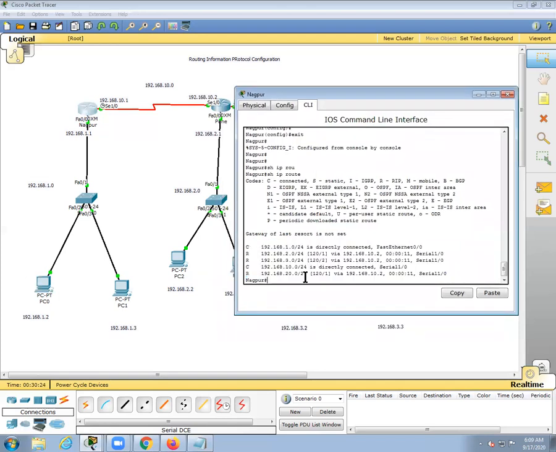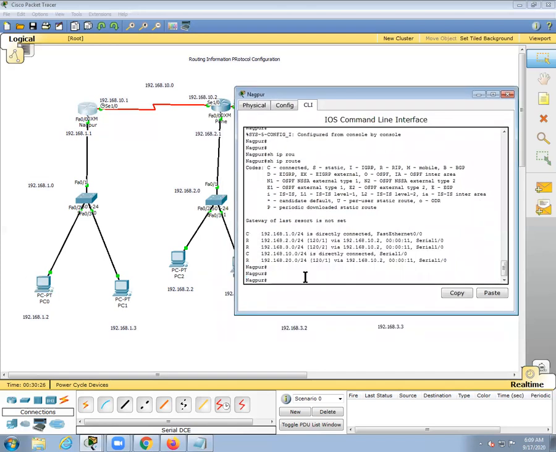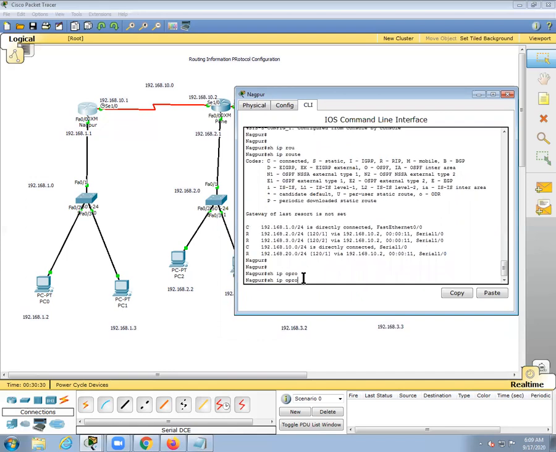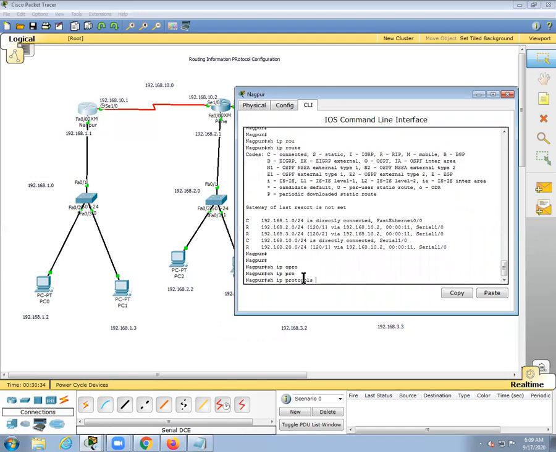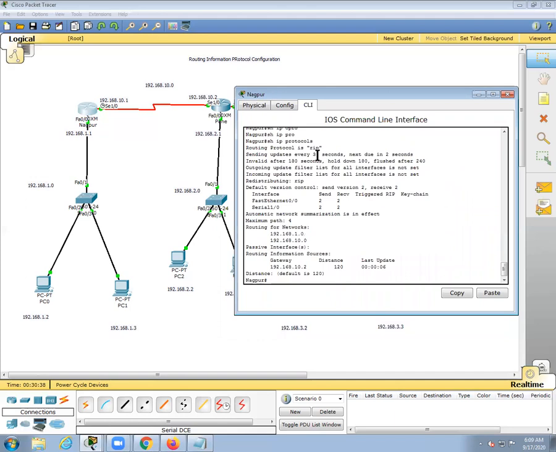How is it replying? Let's go to the routing part. Now here, the command we fired earlier, show ip protocols. Initially we fired this command, but there was no result. But now there will be a result. After firing this command, what is it showing? What kind of routing is enabled over the network? So the routing protocol is RIP.